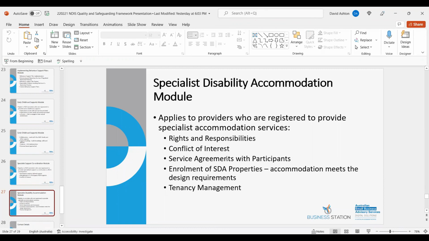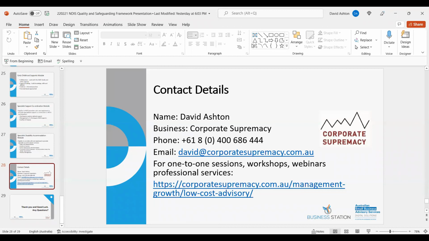So that's essentially the presentation. There's a lot that I've gone through. It is quite a detailed area. I have covered off the whole NDIS practice standards and quality indicators. So it's very, very detailed information there. I will send you a copy of this presentation. If you have any follow-up questions,